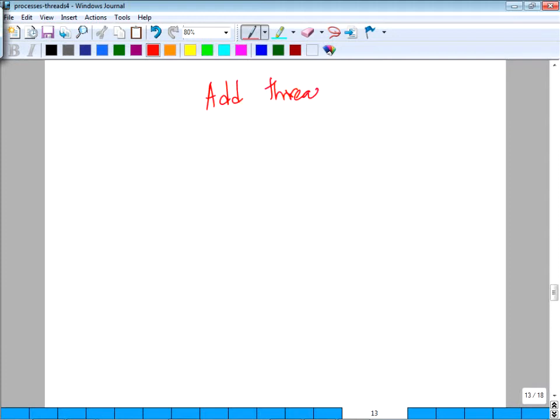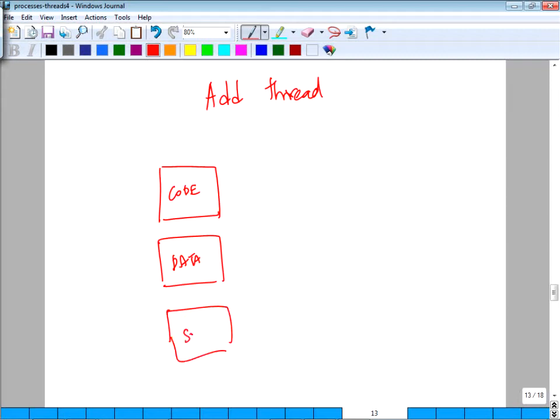By default, when your program is running, you have one thread. A single thread is running by default, right? So first you have a task which has code, and let's write everything again: data, stack, and heap.